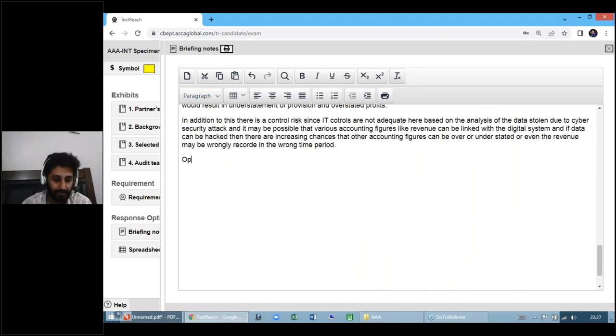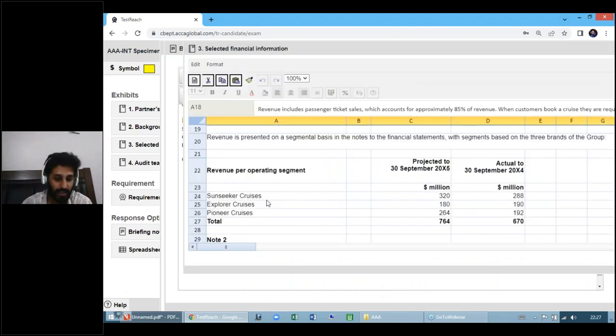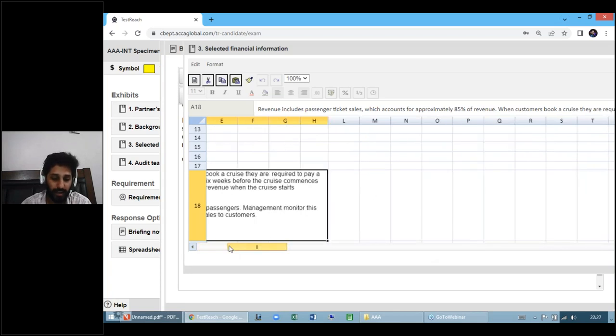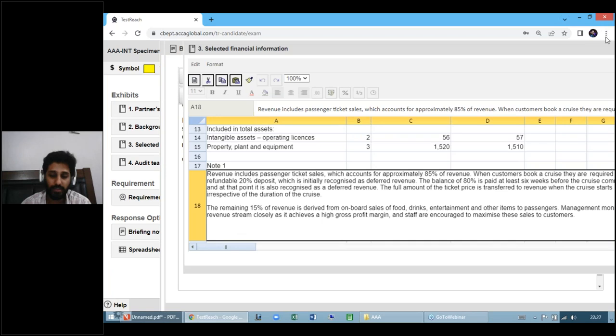And here I was saying that you can see that 15% of the revenue is derived from onboard sale of food, drinks, entertainment and other items. It is clearly mentioned that management monitors this stream very closely, so this is an operating and reportable segment. It should be separately disclosed. If I can show it,